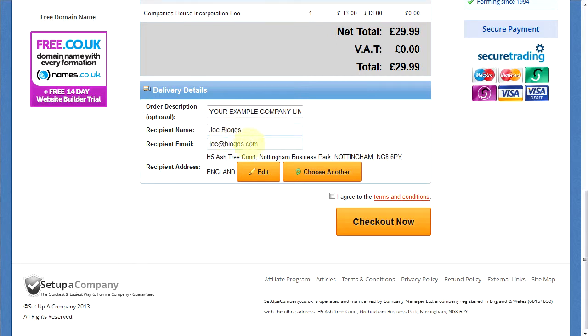So put in your email address there, and then it will have automatically chosen the registered office address as the recipient address. So this is where all of the printed documents, if they apply to the formation you've chosen, will actually be sent. So again, you can choose to edit this, or you can choose another. If you've already entered the address somewhere else, click choose another and you'll be able to select it from the list. Once you're happy that everything's right and the documents are going to the right person at the right place,